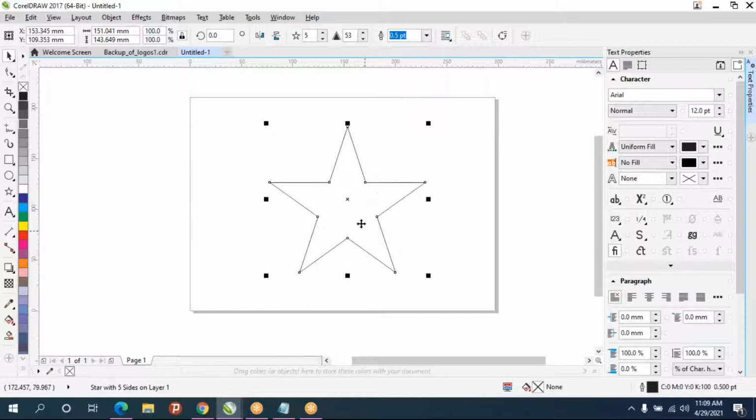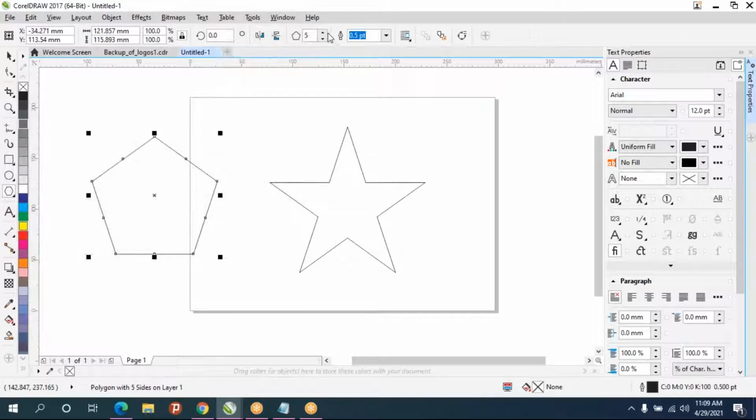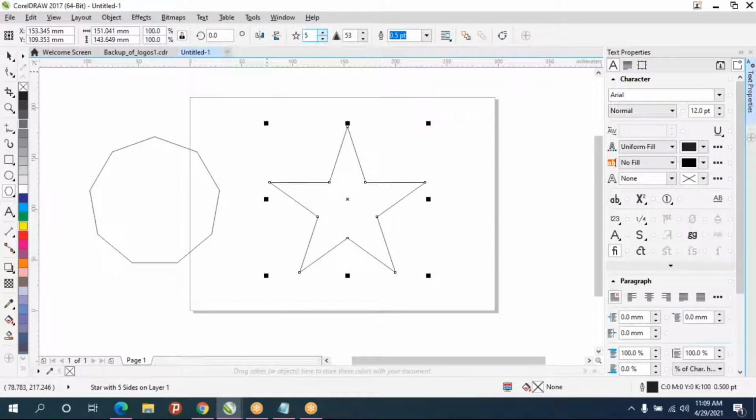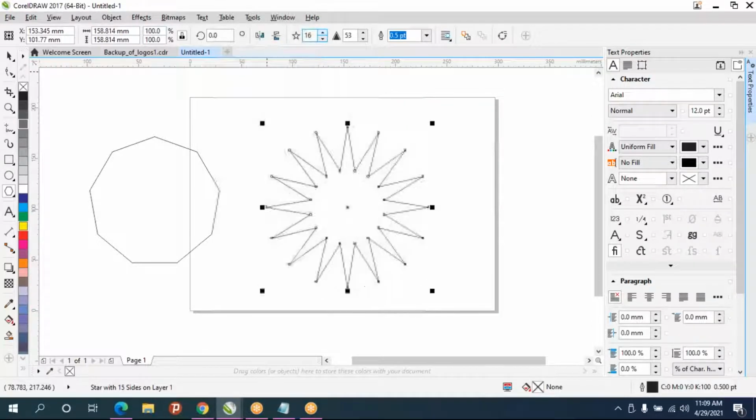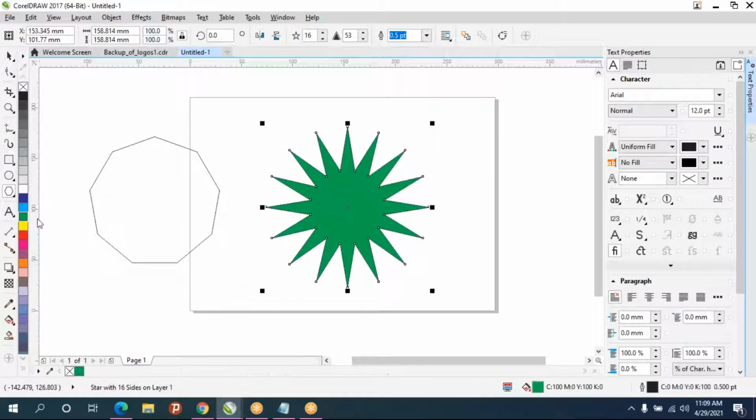And after that, you see in the property bar, you can see the same as the polygon tool. I'll take polygon. See, in polygon we can increase the number of sides like that. For star also you can increase the number of sides as per your requirement. I'll give some color in this.